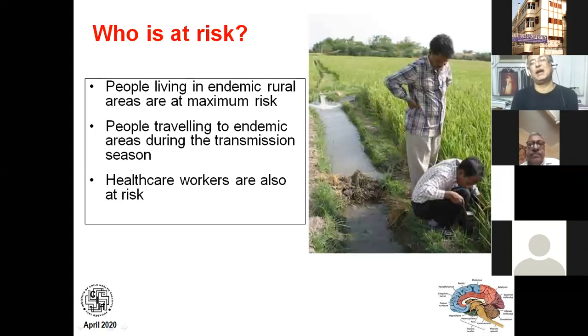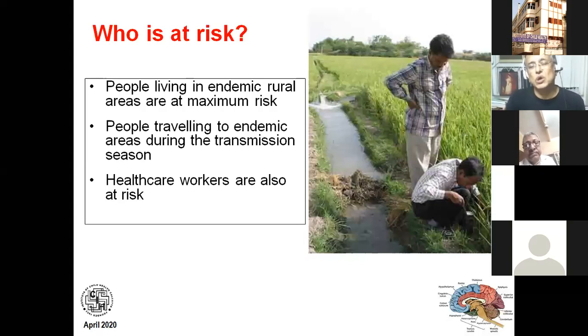That means they love to bite animals. They don't usually bite human beings, and they need plenty of stagnant water to lay their eggs. So this is the right setting. So it has been said that Japanese encephalitis is a disease of rural areas, because in rural areas you have this vegetation, plenty of water logging, and zoophilic mosquitoes. You have many animals, cattle and pigs. So at night time, they usually go to bite the cattle and pigs. By cattle, we mean cows, oxen, and horses.